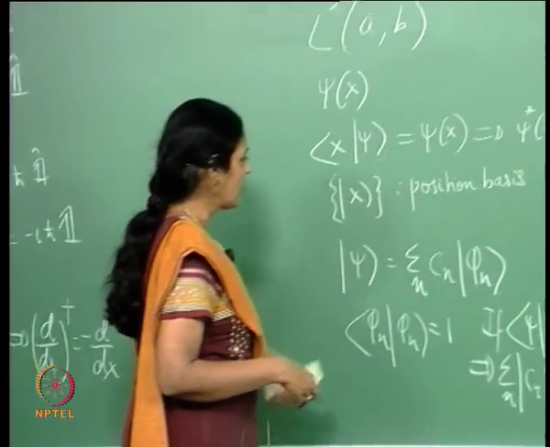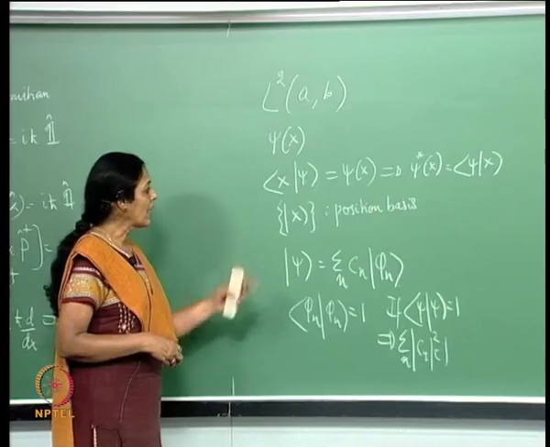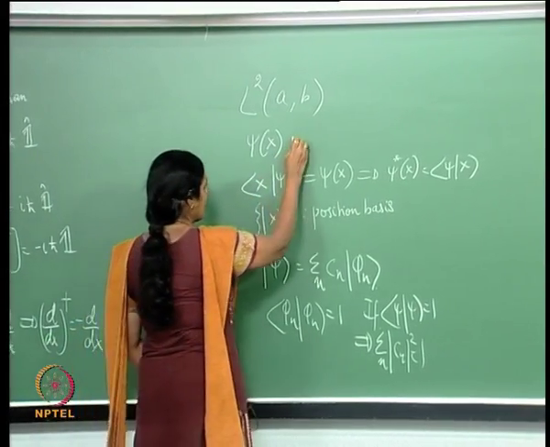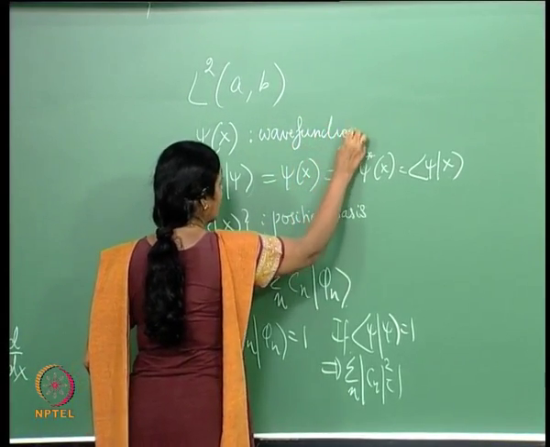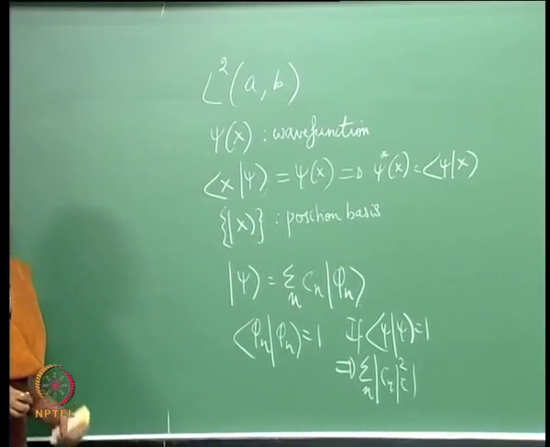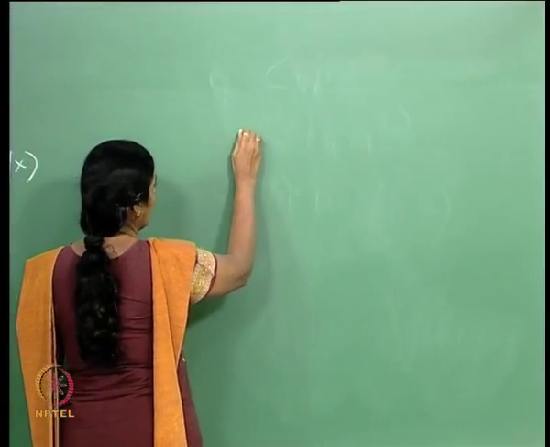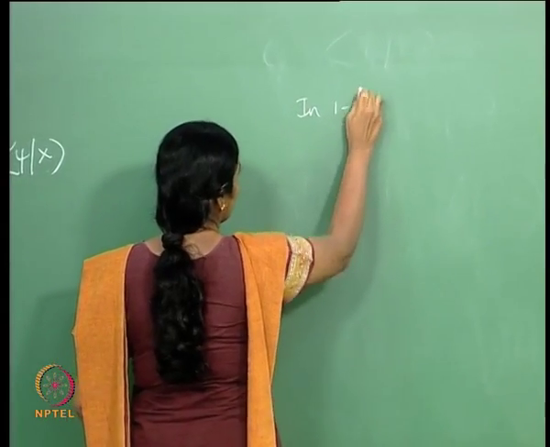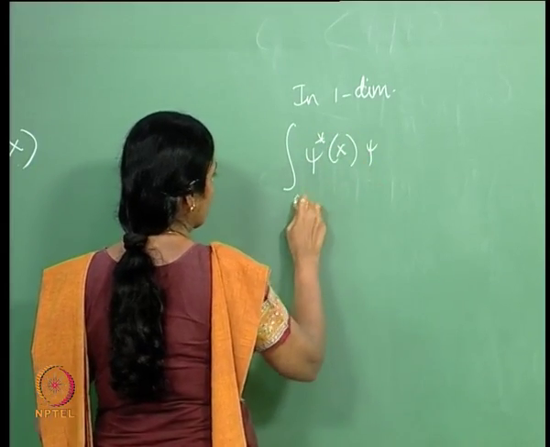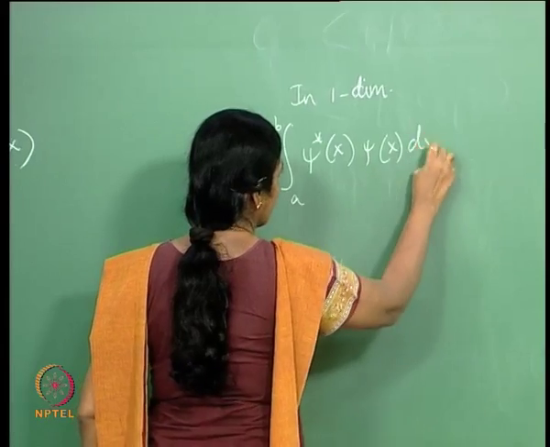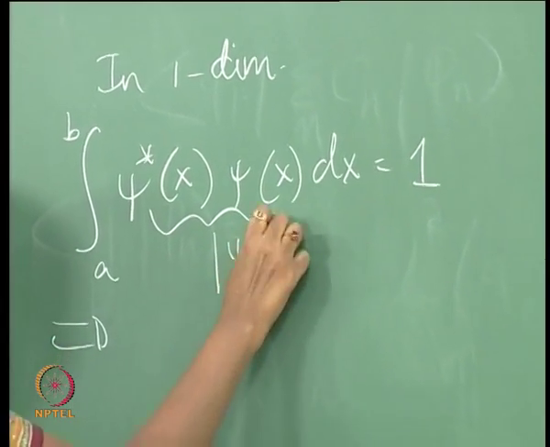But before going into the properties of an operator in an infinite dimensional Hilbert space, I would like to look at the state psi of x. Psi of x is called the wave function. And the Schrodinger formulation of wave mechanics was about psi of x. In one dimension, the fact that the integral of psi star of x, psi of x, perhaps over the range a to b, dx is equal to 1 implies that this object mod psi squared